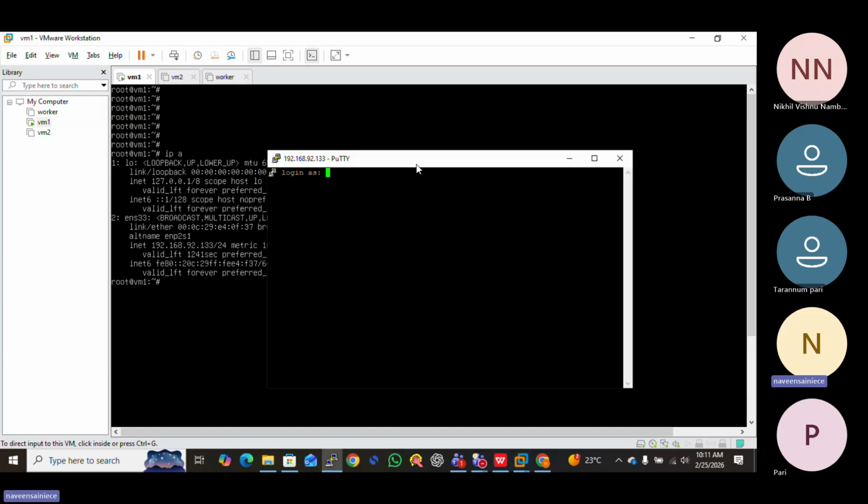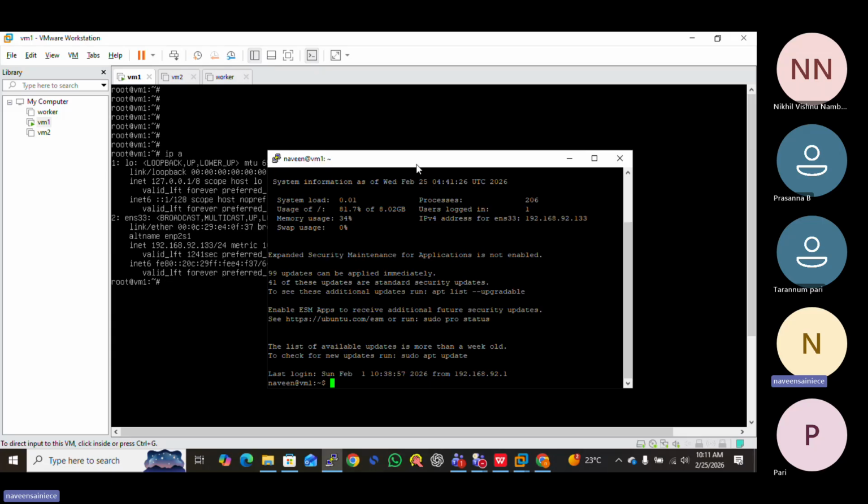The username and password you gave during installation. If you have any doubt in the installation, you can share your screen and we will see any issues. So here I log in as user Naveen, and the password we already gave during installation. Now we can access.